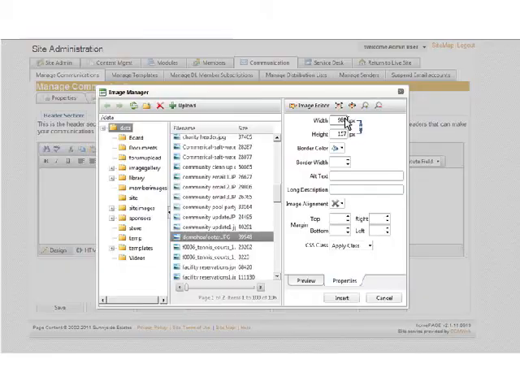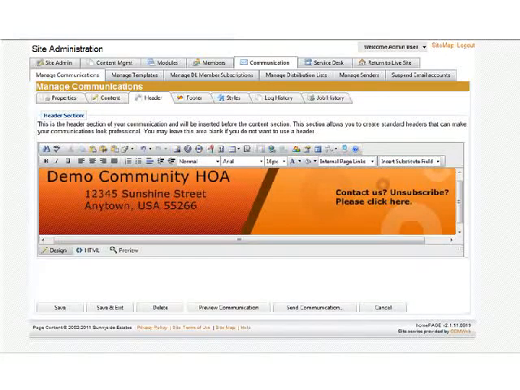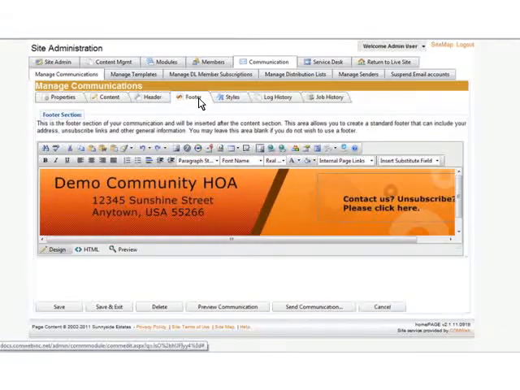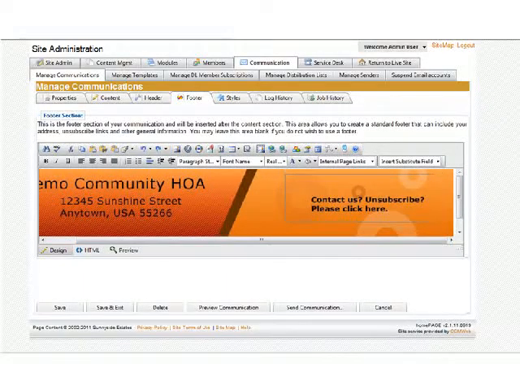So there you go. You can see now I have my community. It's got a header now. It's got the content. They know where it's from. And if I want to, I can add it as a footer as well right here. You can do the same thing. And when you do that, for this particular one, let's say they want to move out, or they're tired of seeing my fantastic emails. I don't know why anybody would be tired of seeing my fantastic emails, but if they were, then what I did is